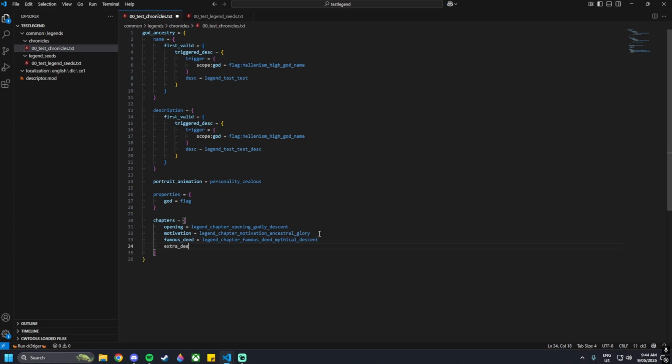extra_deed = legend_chapter_extra_deed_mythical_descent, and then conclusion = legend_chapter_conclusion_ancestral_glory. And that is the end of this file as well, so we just need one more file inside